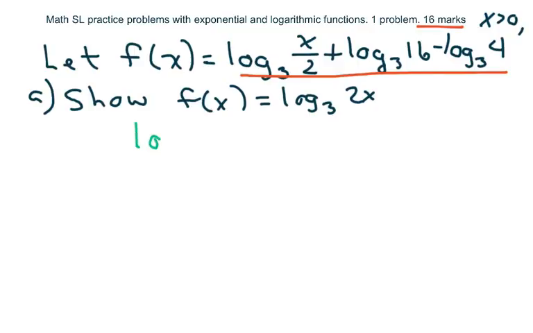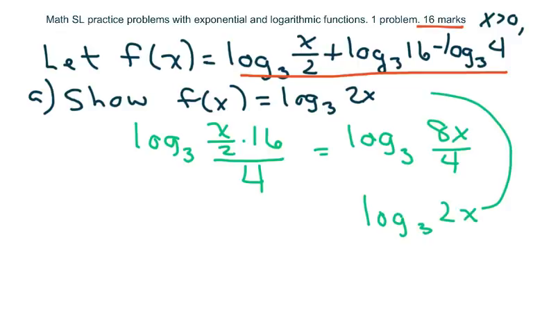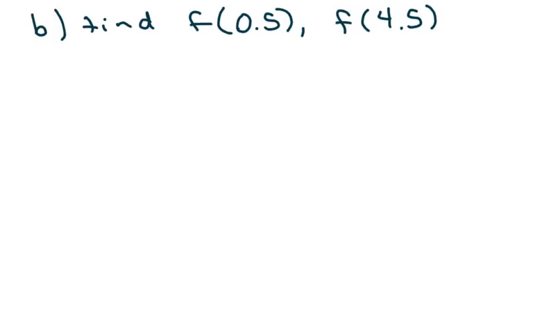So this is log base 3 of x over 2 times 16 divided by 4, which is log base 3 of 8x over 4, which is log base 3 of 2x. So there you go. We did it. So that equals f of x. So we made it into a single logarithm. All right, the next part you have to input,